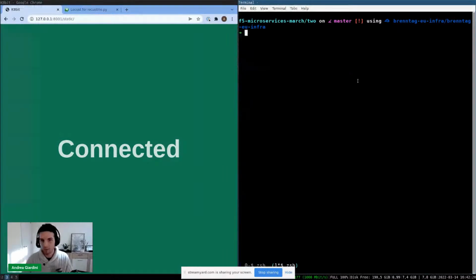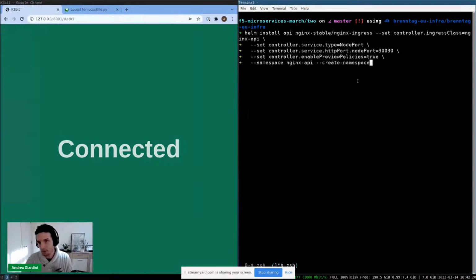This is a little bit more verbose, but it's very similar to what we've seen before. So basically, I'm creating an nginx ingress controller in the namespace nginx-API. I'm also giving it an ingress class name of nginx-API. As you have seen, I need to enable this flag right now to enable the policies. It's something that I think will be considered stable very soon. So I also invite you to use them because they are super nice. So as I press enter right now,